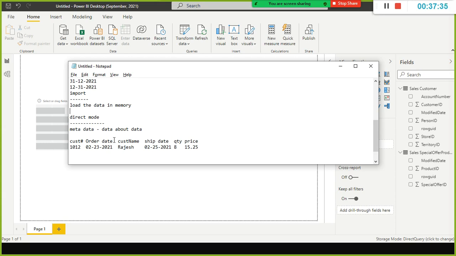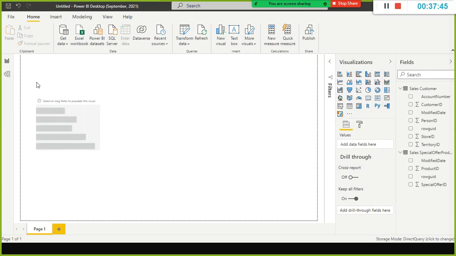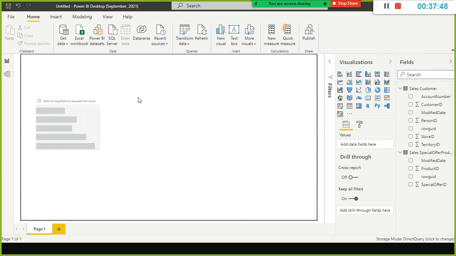It will take time. Anything in memory will be much faster. This may not be a good example, but still. That's the reason why Spark and other applications became very popular, because of the in-memory capability. Fine. So now you understood the difference between import and direct mode.